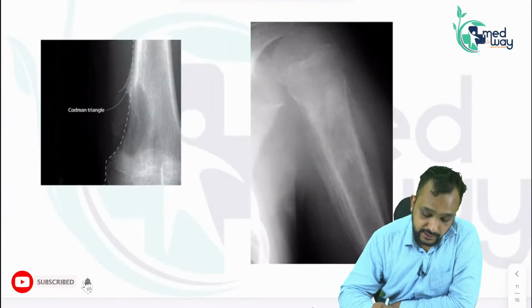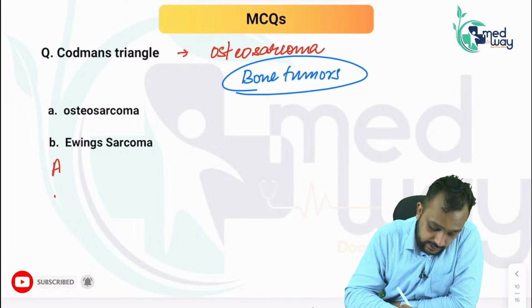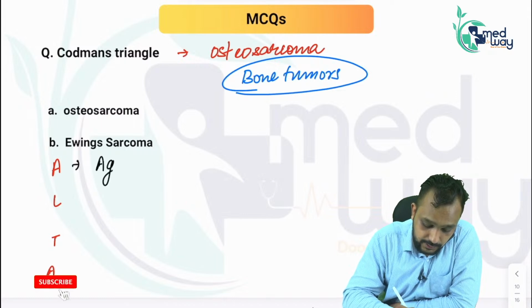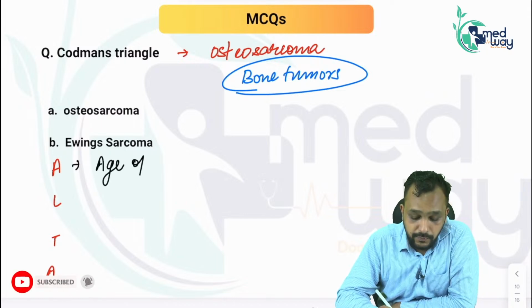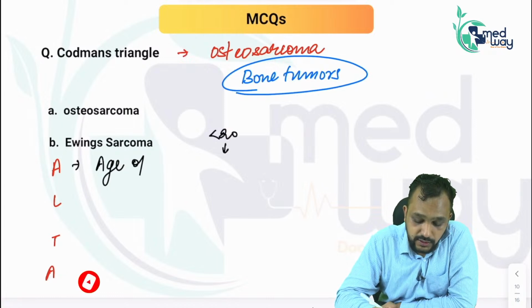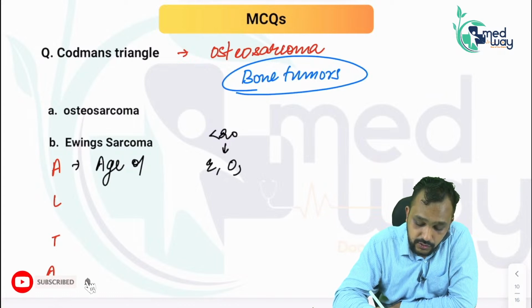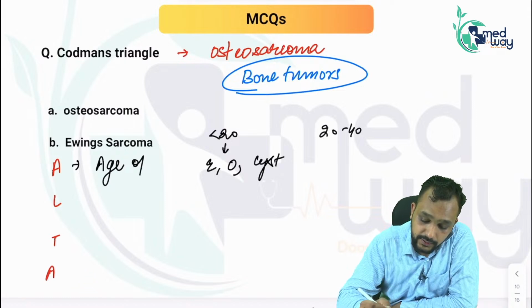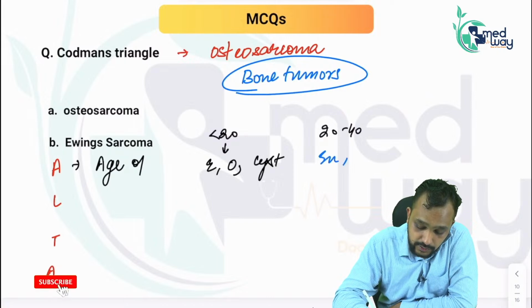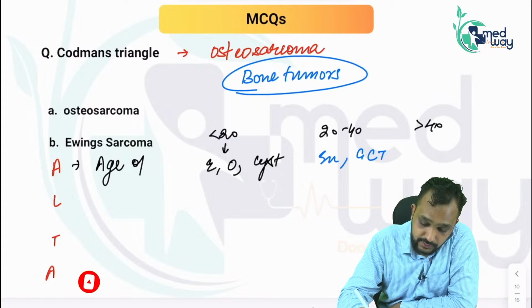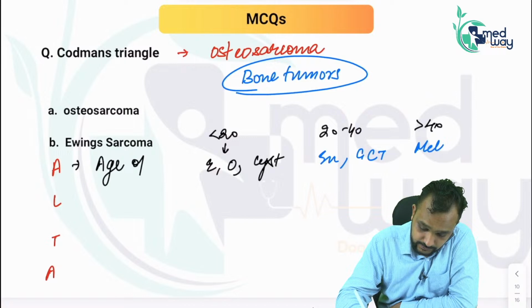Let me just summarize this ELTA protocol for you. So A stands for age of the patient. So if the age of the patient is less than 20 years, the tumors which are common are your Ewing's sarcoma, right? You have osteosarcoma, you have cyst. If the age is between 20 to 40 years, the tumors which are common are your enchondroma, right? You have giant cell tumor. If the age of the patient is more than 40 years, the tumors which are common are mets, multiple myeloma, chondrosarcoma,